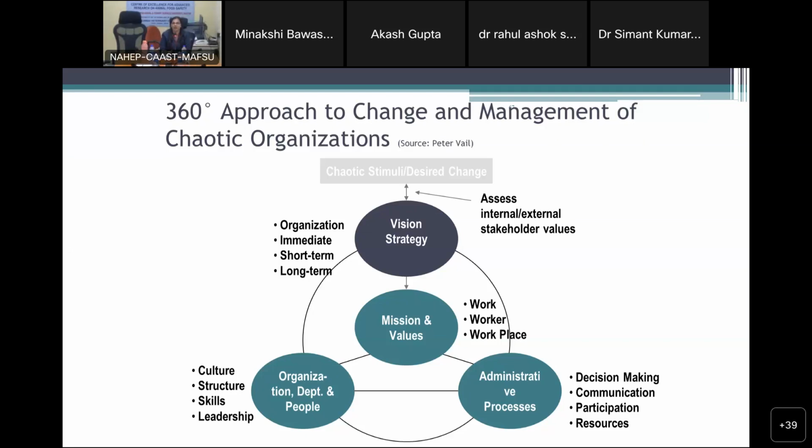Correct? It's not going to be just the same as what is here. So in that case, what kind of culture do you want to develop for your organization, your institute? That is very, very important. And then see the organization's immediate, short-term and long-term strategies. Working on each aspect, from our vision and mission, to what kind of employees we have, what kind of system, what kind of culture, what kind of goals we have, we need to start analyzing each and everything. And then we can come back to normal working.